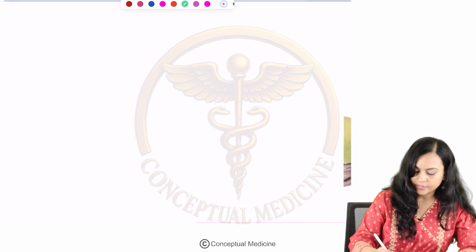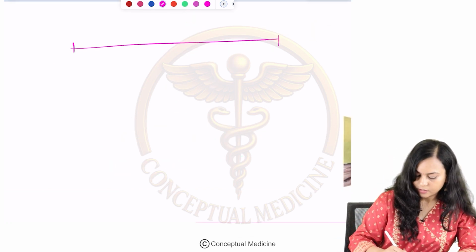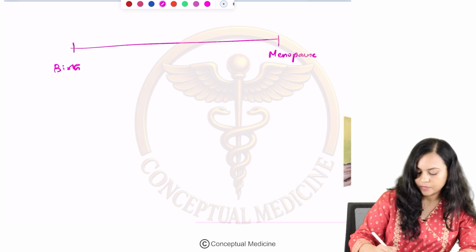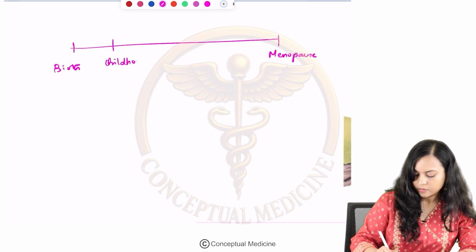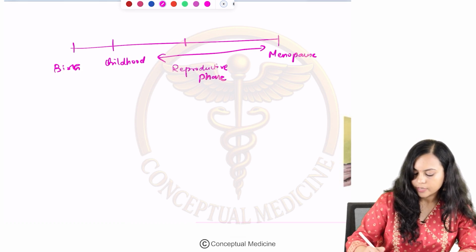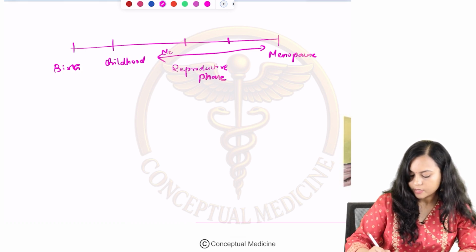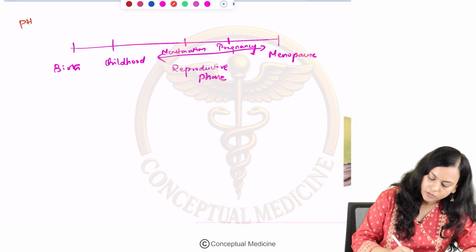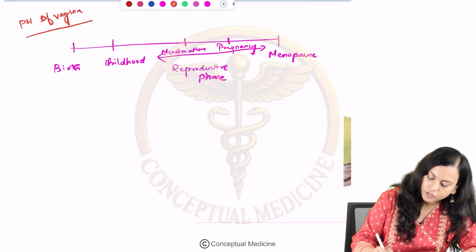alkaline. If you take the life cycle of a woman, birth, childhood, the reproductive phase, and menopause. In the reproductive phase, two important events take place. Number one is menstruation. Number two is pregnancy. Right? Now, how will the pH of the vagina be in these stages? First, the pH is said to be acidic